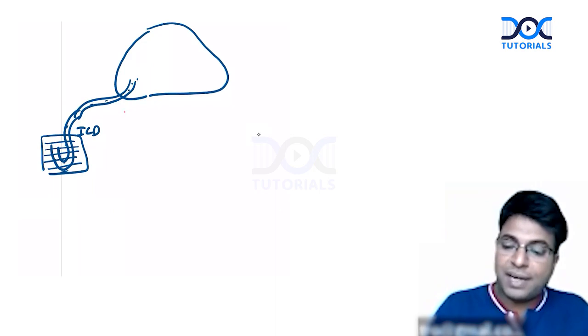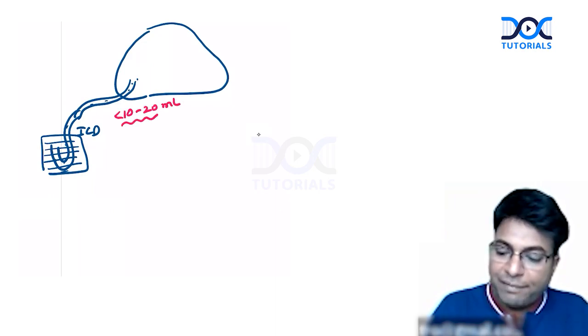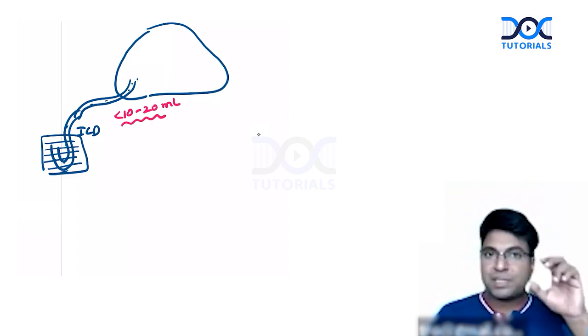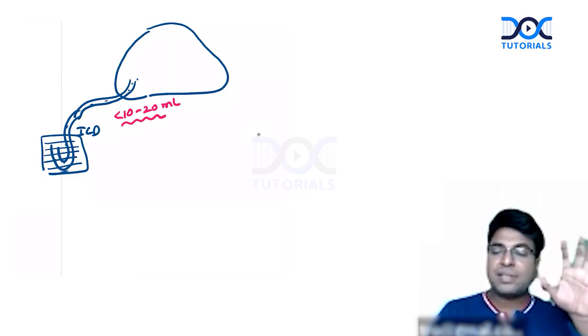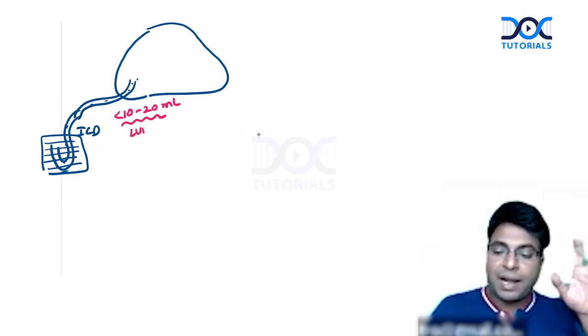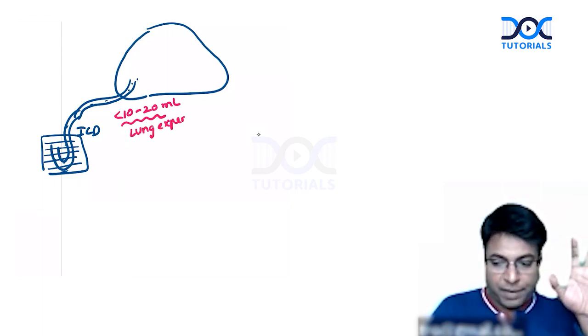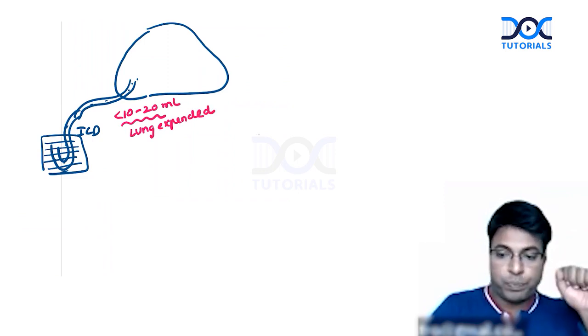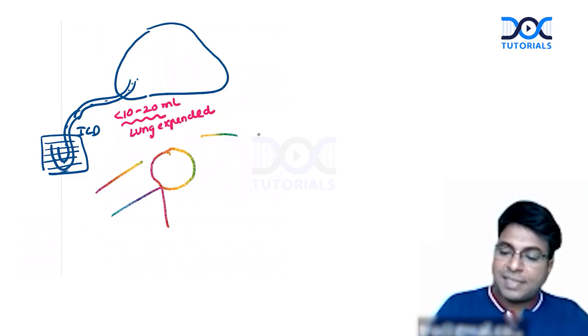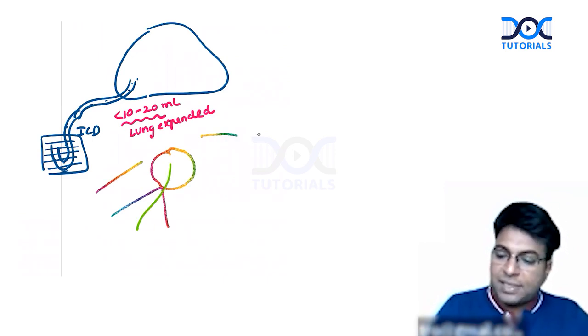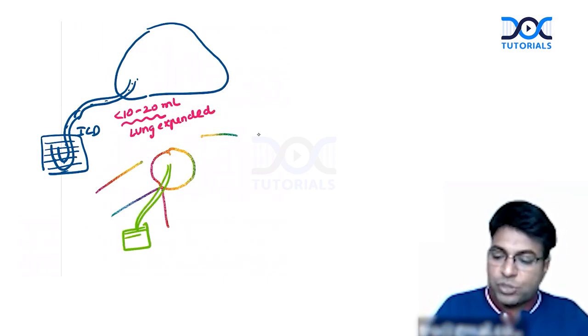We will remove the ICD drain when the collection coming is less than 10 to 20 ml. There is no specific day when you will remove the drain. When the fluid coming daily is less than 10 to 20 ml and the lung is expanded, we remove this drain. So all drains, you should know when you will remove. Especially, this is a repeat question: when I'm doing an MRM, in the axilla we keep a drain to drain the serous fluid. This is a typical suction drain, as shown in the question.